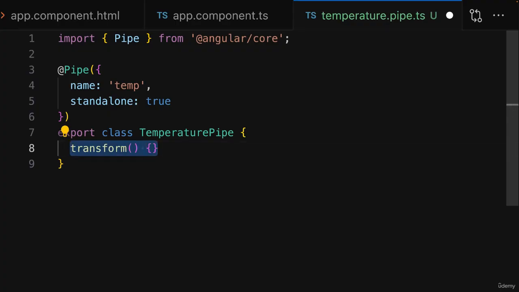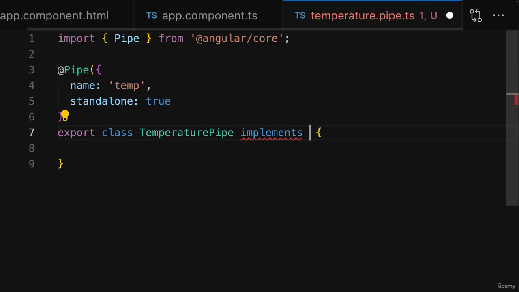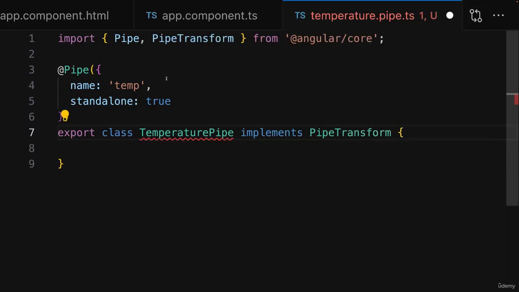And since this is required, and to make sure that you have the right method signature, that you accept the right arguments, and you have no typo in that method name, since all that matters, Angular gives us an interface which we can implement into this pipe class. The PipeTransform interface, which is imported from @angular/core,